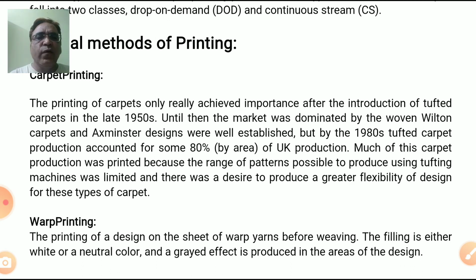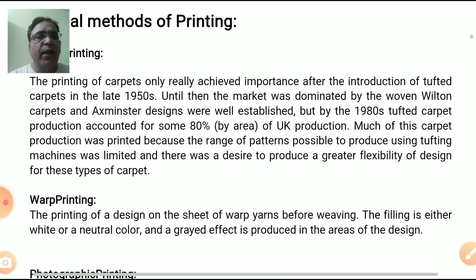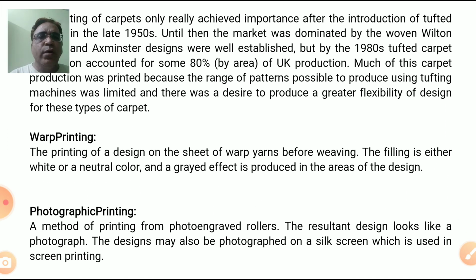Next is your warp printing. Warp printing means printing on the yarns. So if we make printing on yarns, we will have a variety of yarns, by which we can make a variety of fabrics also. We can print the gray warp sheet with a single color or with two colors and many colors, by which we will get colored yarns. By those colored yarns we will make the fabrics. So those fabrics will have some abstract designs, special designs.